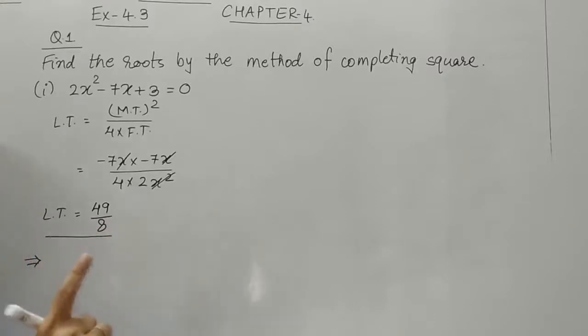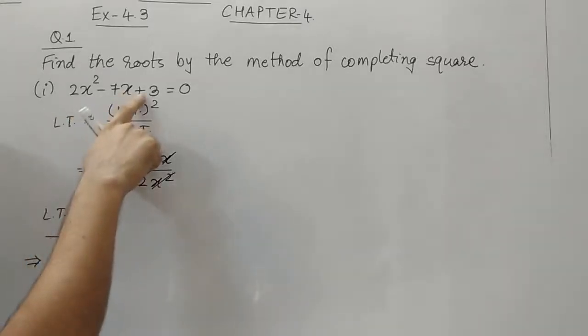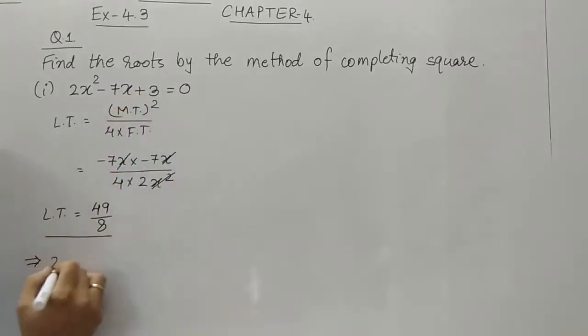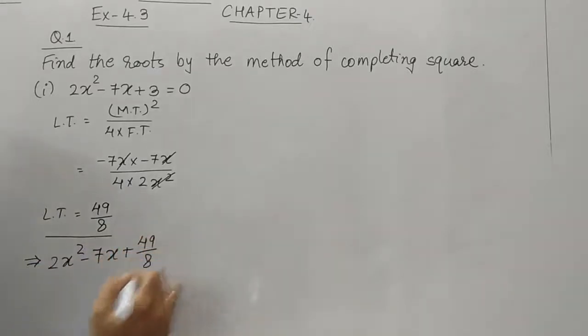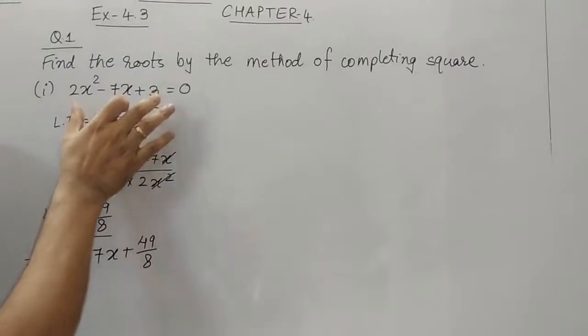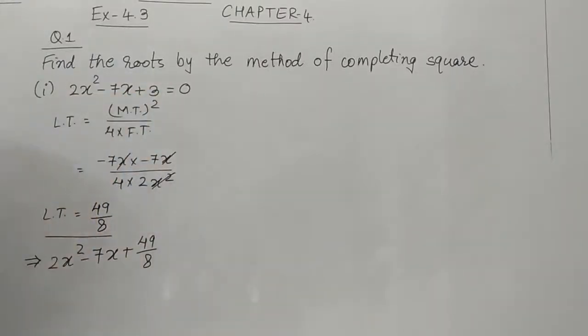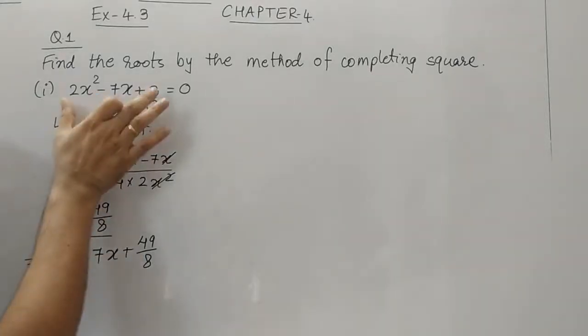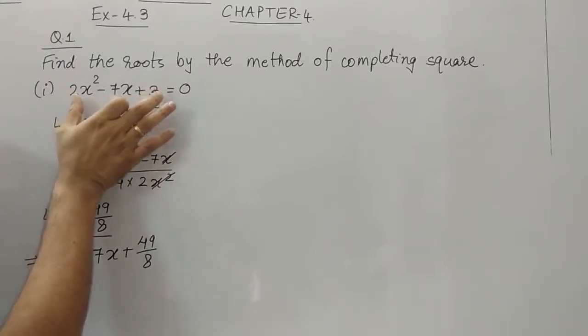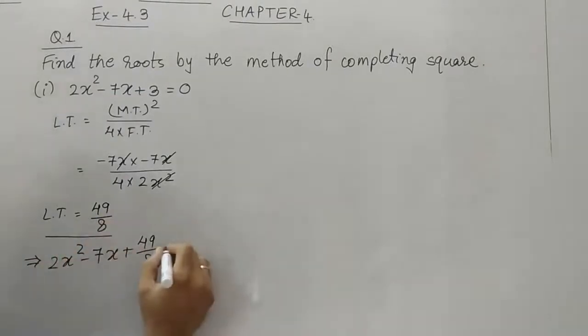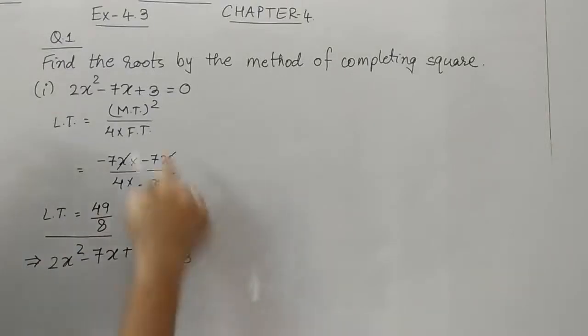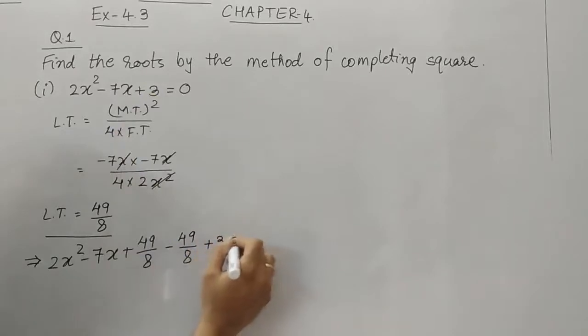I repeat what we learned in the 8th standard. To make this a perfect square trinomial, the last term should be this. So let me do the same thing; I will change the last term. Students, we know that we can never change the question. We can never add or subtract anything by ourselves, even multiply and divide. So I do not want to change the value of the question, and I want to make it a perfect square trinomial. So whatever last term is obtained, the last term should be added and subtracted. Remember this. And the last term of the question should remain as it is.